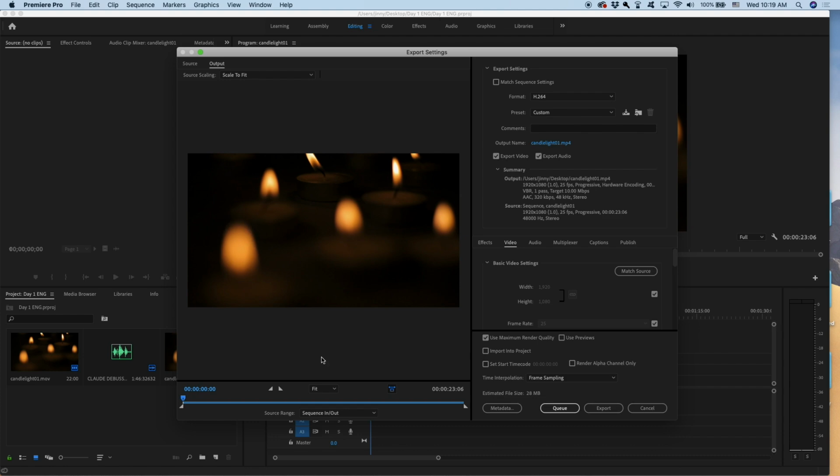First, you have to make sure you select sequence in to out. It means you export the entire footage from the beginning to the end. Just make sure. And then go to the right-hand side, format. I choose H264. This is a compressed file, but it is very high quality for MP4. Otherwise, for higher quality, I would choose Apple ProRes 422 HQ, but that's too big a file. So I will choose this one for now,